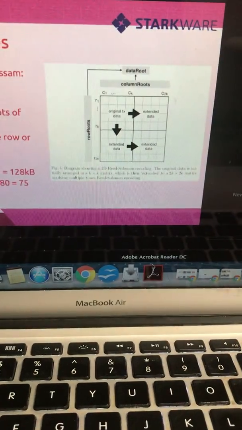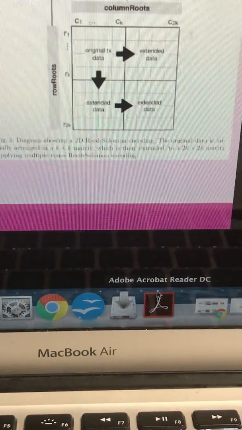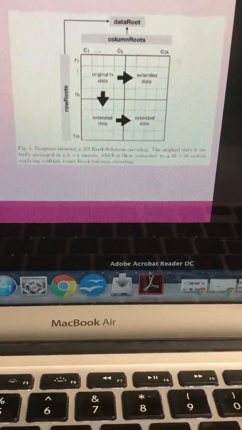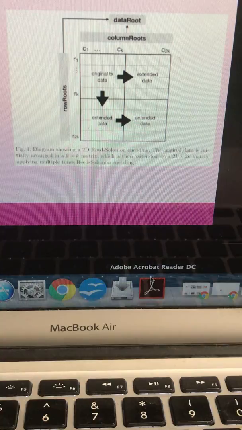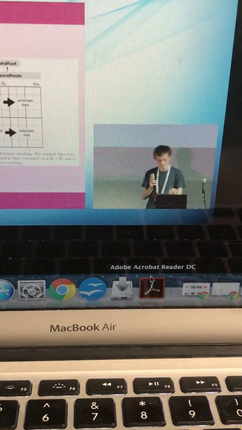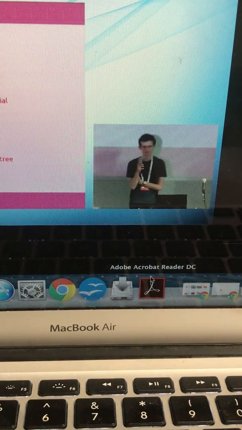So what this means is that the amount of data that a light client has to download goes up a bit, because a light client has to download these row roots and column roots, but the size of a fraud proof goes all the way down to just proving fraud of one row. Right? So now fraud proofs go down to being under a megabyte, and we have a scheme that theoretically works. There are possible techniques for improving this with STARKs.